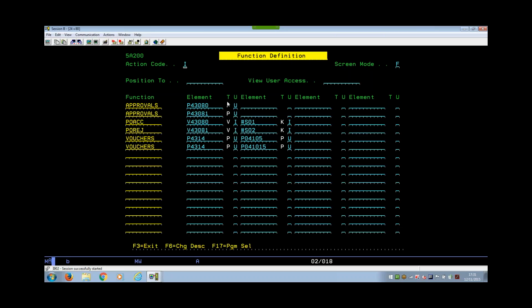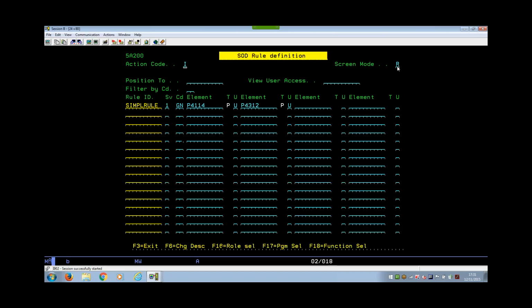And when you're defining these, you'll see these element types come up as well. If it's a program, you'll see a P for element type. If it's a screen, you'll see a V. If it's a K, it's a function key. And that applies to the rules mode screen as well, as we'll see in a minute. So there, I've defined a bunch of functions. What I can then do, if I go back to the rules mode screen, is define a function rule. So I can say FNC